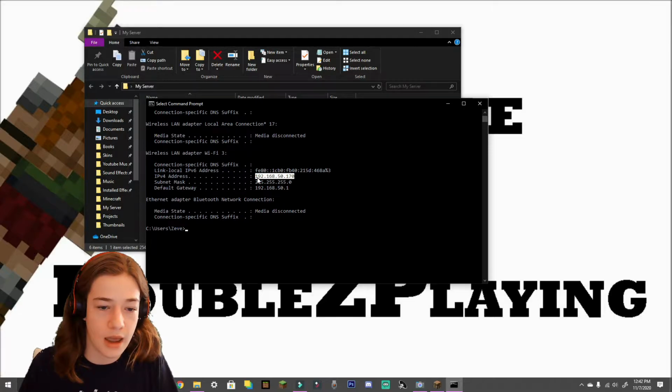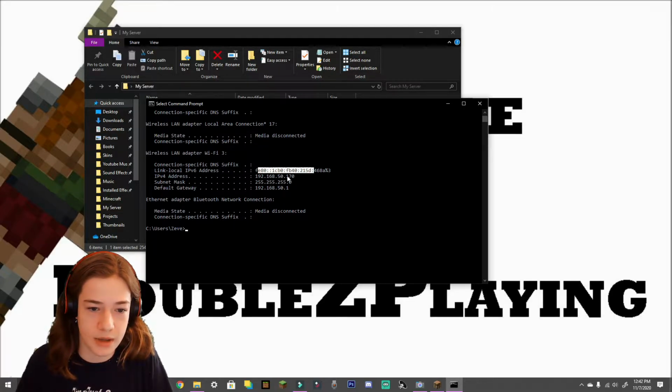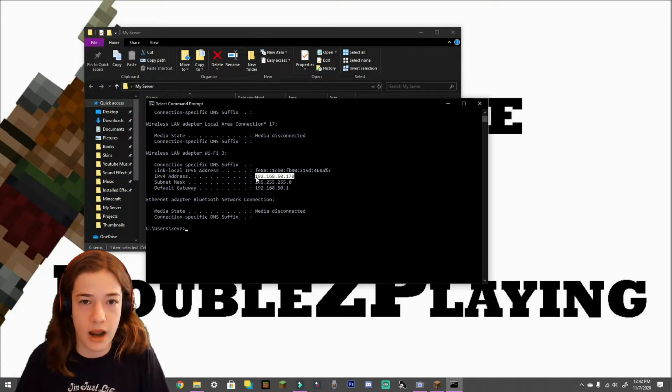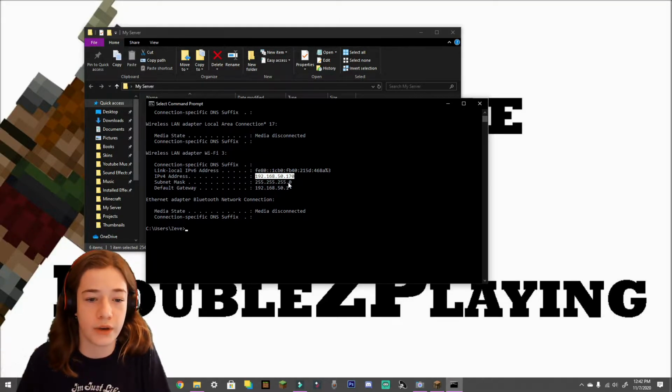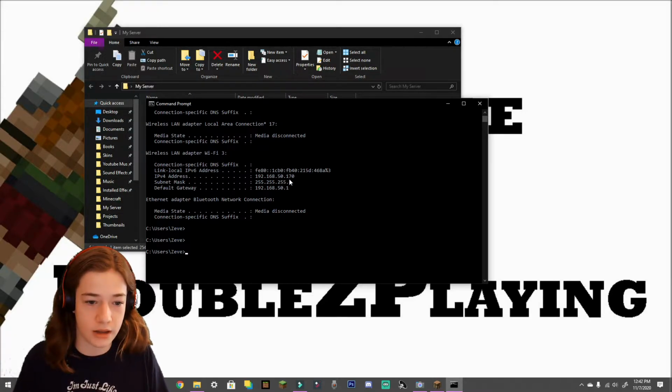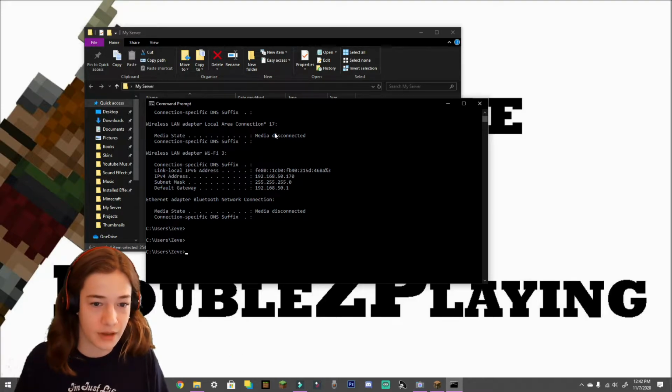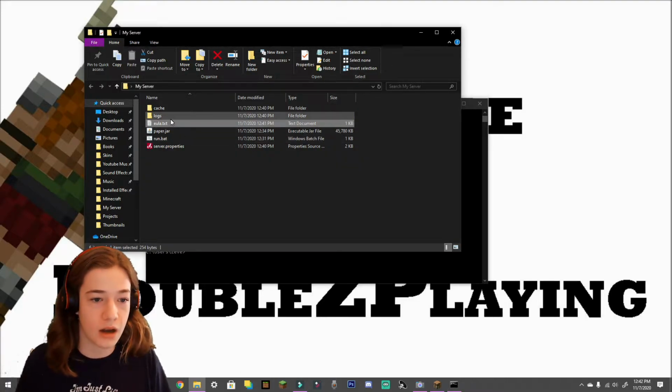Sometimes you might get something that looks more like this up here. You just want this, a string of 4 digits. Now your IPv4 address will probably look different than mine does, and that is perfect. So we're just going to highlight this and copy, and we're going to come back here, and we're going to enter server